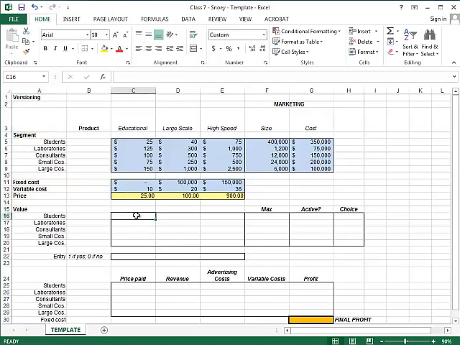Now let's start creating our model. First, I will calculate the value for each version and market segment. The value is how much you're willing to pay minus the price. Now, if I want to copy paste this formula all the way to the right here and all the way